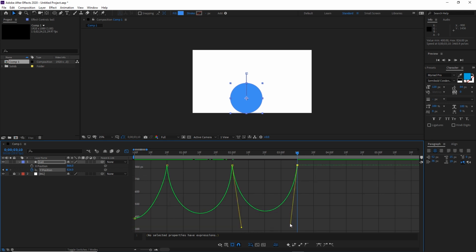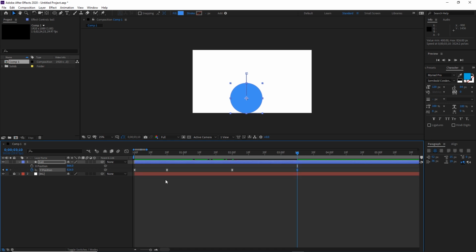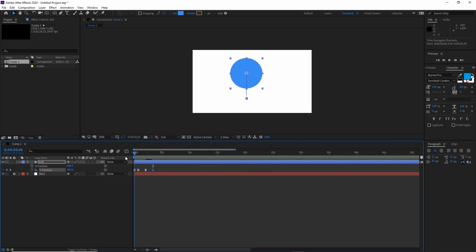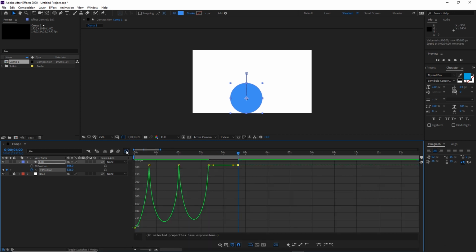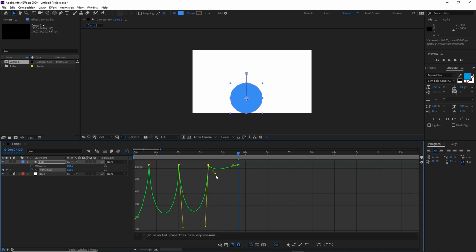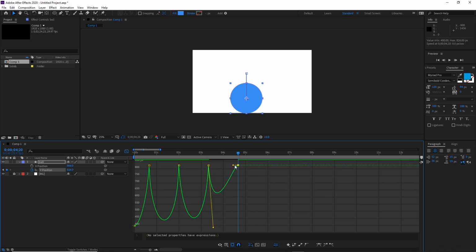Okay, and now what I can do is again go out of my graph editor, and I can play this. I am going to zoom out, and I am going to have a bounce like this. And if I want, I can again go 1, 2, 3, 4, create a keyframe, zoom in a little bit maybe, and you do not need to highlight all of them. And now I am going to do it one more time, like this and like this. Okay, and